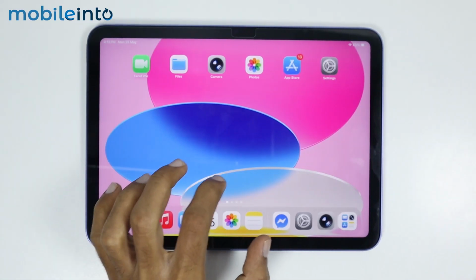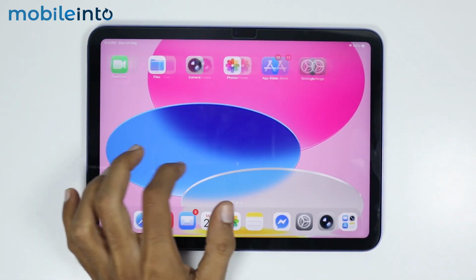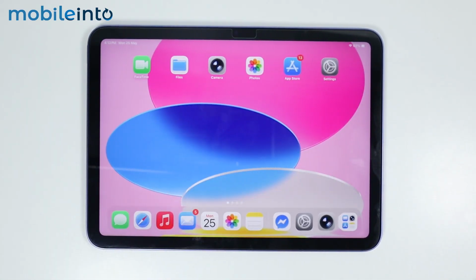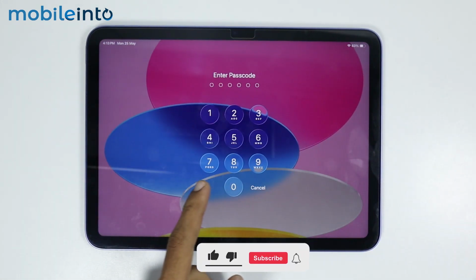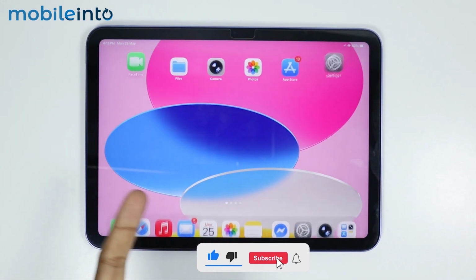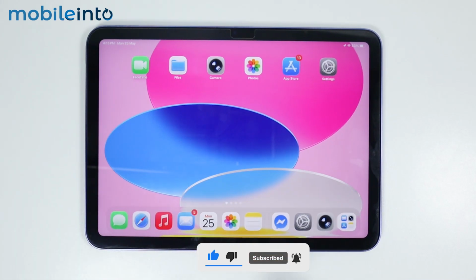In this video, I will show you how you can lock the apps on your iPad 11 A16. Now to do that, first of all, just set the lock screen passcode on your iPad. As you can see, I have already set a lock screen passcode, but if you have not set one yet,